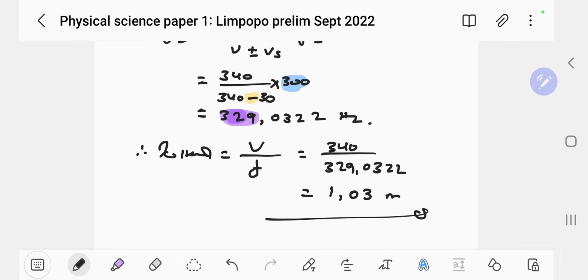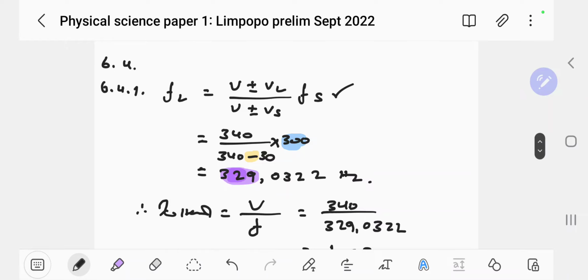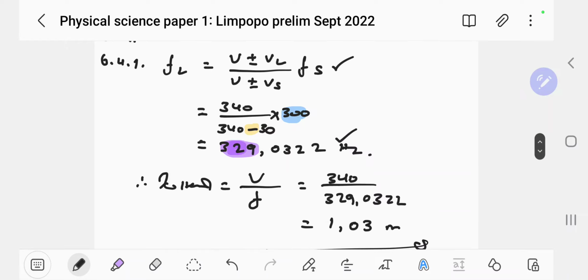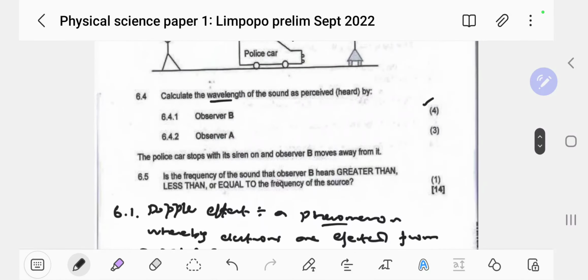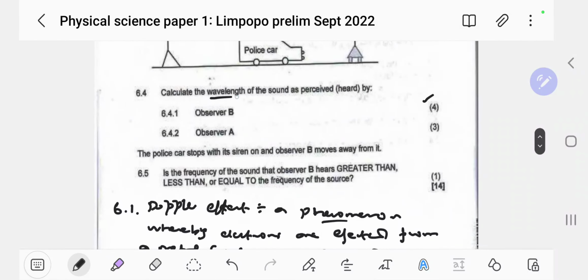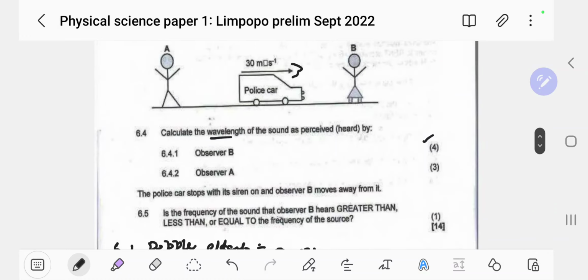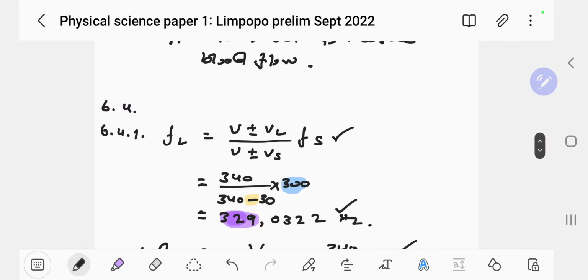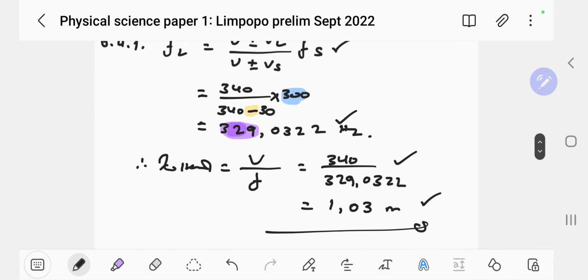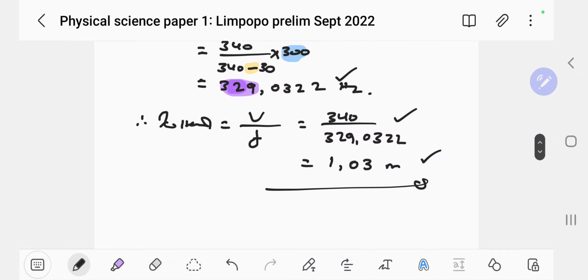So 2 steps, guys, 2 steps. For the primary equation, it's quite important, then getting this frequency is important, then the correct substitution, and the final answer gives us those 4 marks on offer. Now we have to calculate the frequency perceived by A. This one is moving away, so we're supposed to hear less. So let's do it. Simple Doppler effect question again.